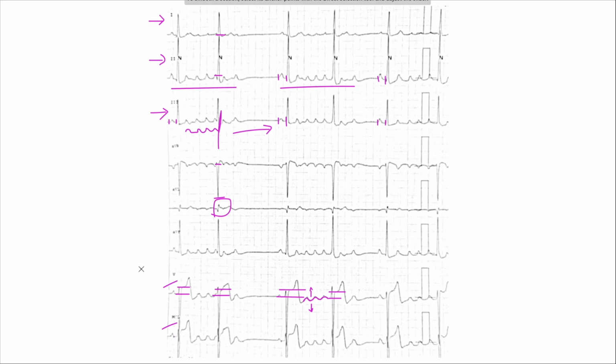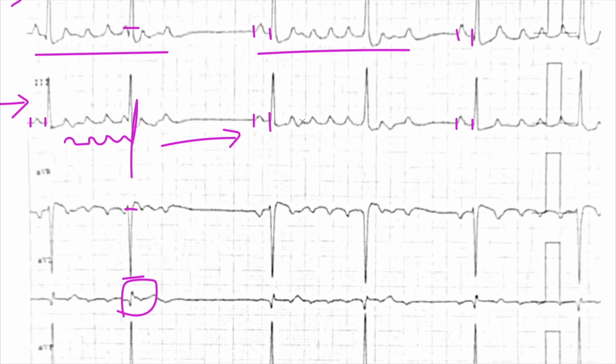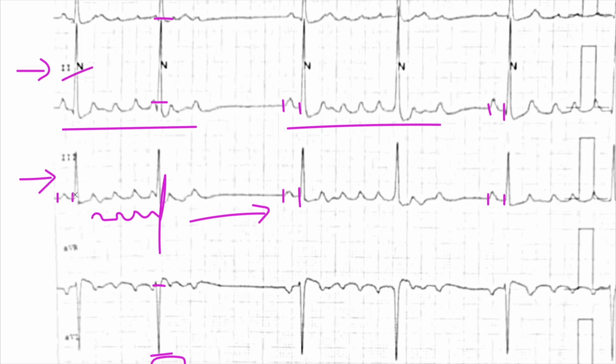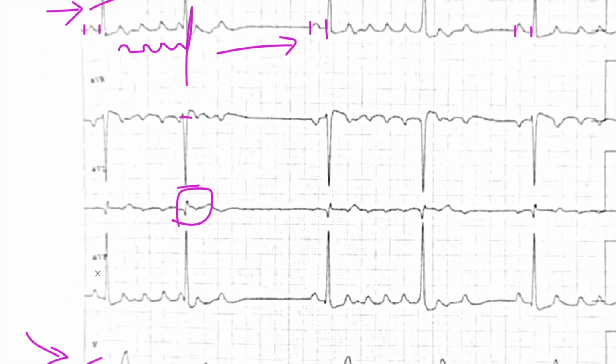In which lead? Don't know. Probably V1, V2, but maybe this is V3 and V4. Judging from the morphology of the QRS, I would say that this is V1 through V3. You would not expect to have this sort of morphology in leads 5 and 6. But this is most likely pertaining to the right side of the heart. Anytime you mention the right side of the heart, you can also think about the inferior side of the heart. And when we take a look at the inferior leads, which are leads 2, 3, and AVF,